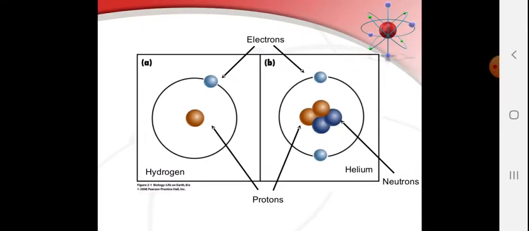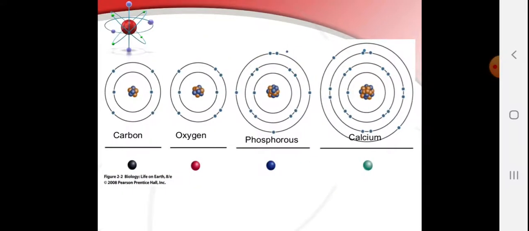Now you can see the structure, how the atom is formed. In the center, protons are there within the nucleus and neutrons are also there inside the nucleus. So all the atomic mass is there in the center, but the atom is hollow from the surroundings. So electrons are moving in orbits surrounding the nucleus. You can see the structure of carbon. Carbon has 6 protons. So 6 protons inside the nucleus and 6 electrons surrounding outside. Oxygen has atomic number 8. Phosphorus and calcium.